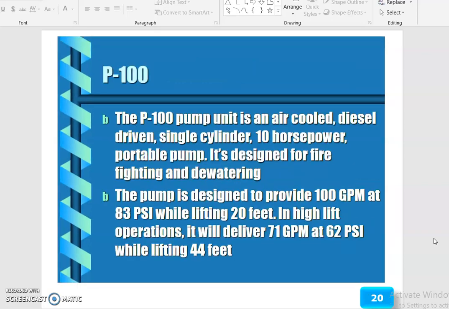So the portable dewatering equipment. The P100 pump unit is an air-cooled, diesel-driven, single-cylinder, 10-horsepower portable pump designed for firefighting and dewatering. The pump is designed to provide 100 GPM at 83 psi while lifting 20 feet.